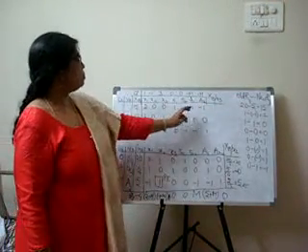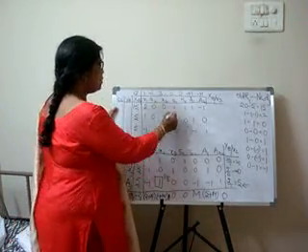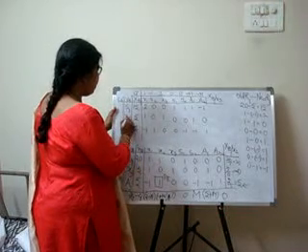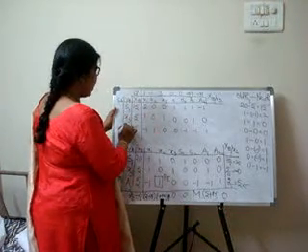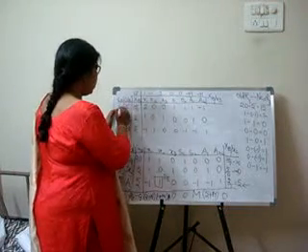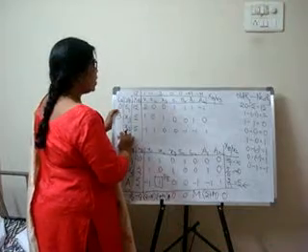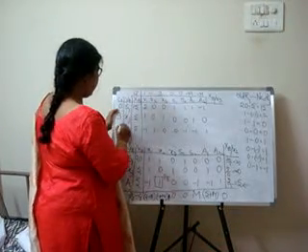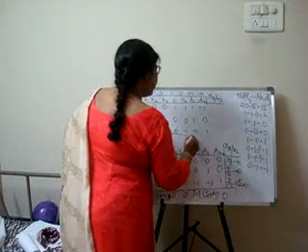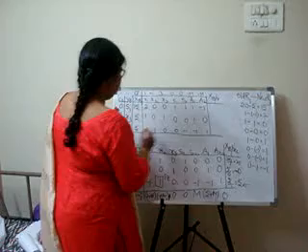Now you see, where is our identity matrix? 1 0 0 is S1, 0 1 0 is x3, 0 0 1 is x2. Cost of S1 is 0, cost of x3 is 3, cost of x2 is minus 1. Now our next step would be to find Zj minus Cj.